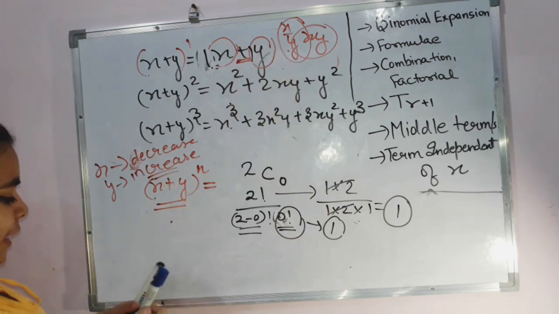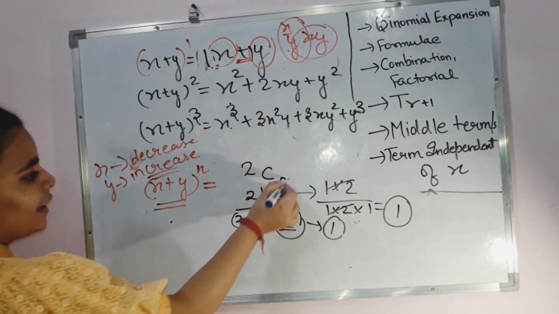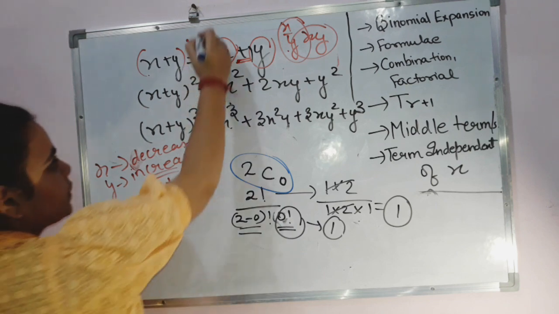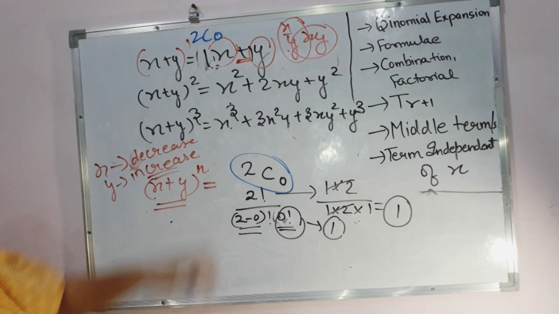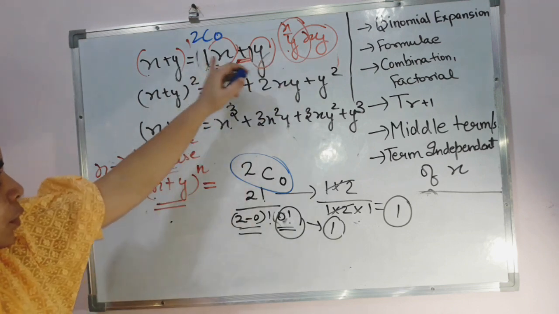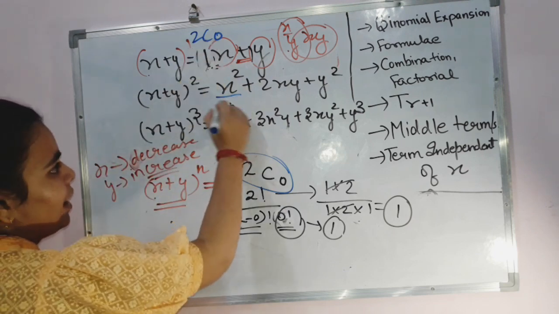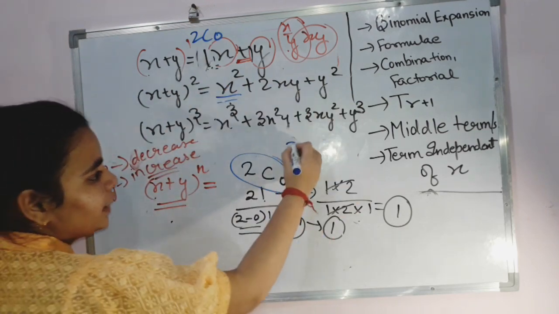1 times means, in place of this 1, can I write 2c0? Now why is this 2 coming over here? Because we were having two numbers. That is why we are having 2 over here. Now another thing we see in this one, since we are having 3 terms, similar will be for 3c0.